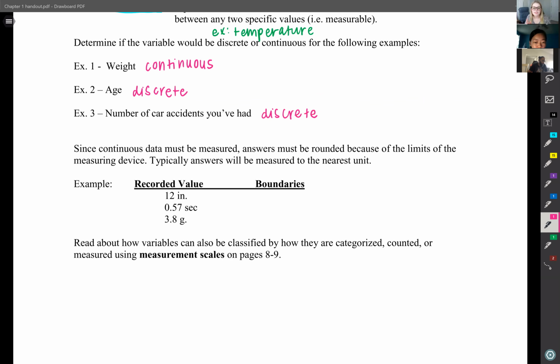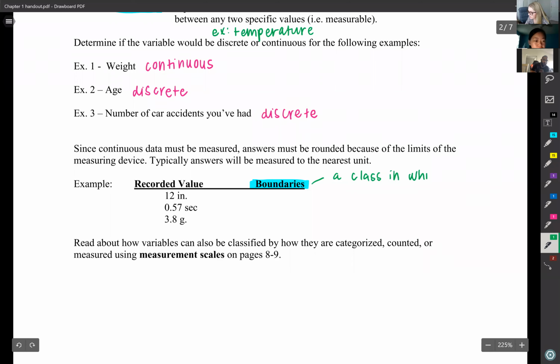So this gets into what the recorded value actually was of something, and then what the actual value might actually be. And this is called a boundary. So this word is listed here. And I'm going to write down quickly what a boundary is, just because there's no space on here. There was no definition of it, so I just thought I would put it down because I think it's helpful. So the book's definition of a boundary is a class